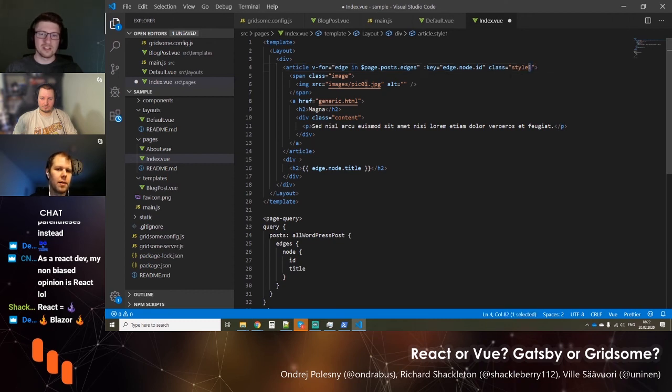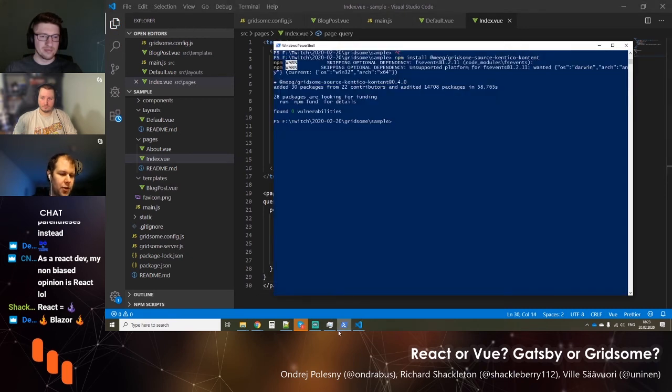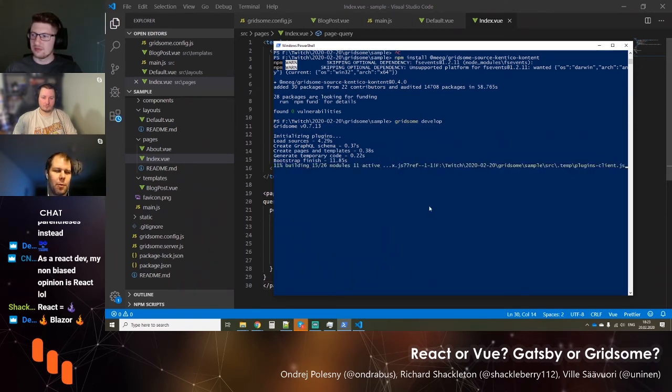Again, it depends in what kind of situation you're working with. If you're a developer working just by yourself, it's really easy to just use JavaScript. Again, if you are in a team that has, for example, UI developers who are not that used to working with JavaScript, it's way easier to teach them Vue syntax than to teach them JavaScript, I think. And the good thing, I've been working with Django, which is a Python web framework, one of the oldest. It was born the same time that Rails was born. And Django has really clear separations between the templating language and the rest of the stuff, and that was pretty clear cut with Rails back in the days, and people got divided between the developers who wanted to put everything in the template like PHP guys would do, and